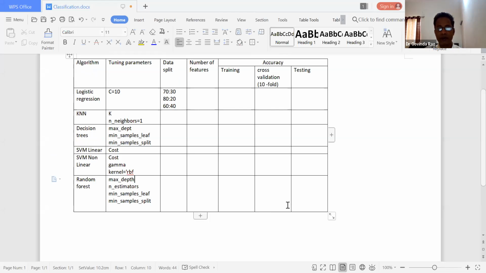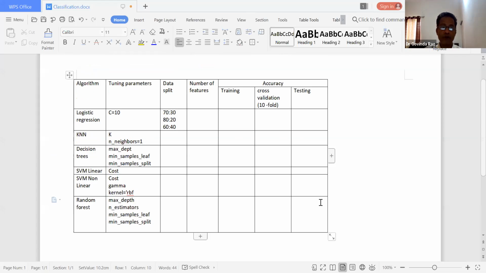We can model our data on training, cross validation, and testing. We can see how our 6 classification algorithms are performing on our coronary heart disease data, right?